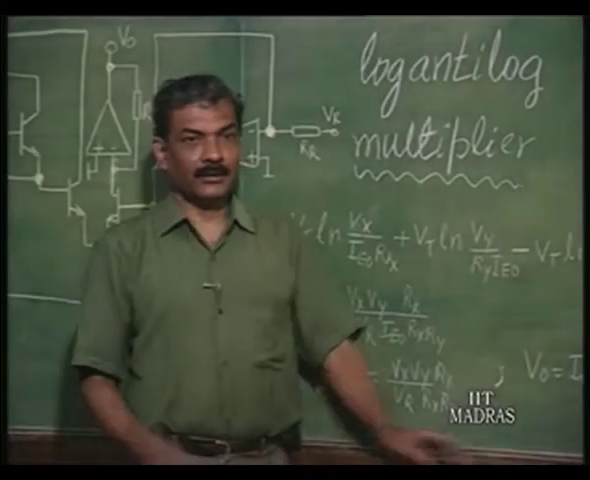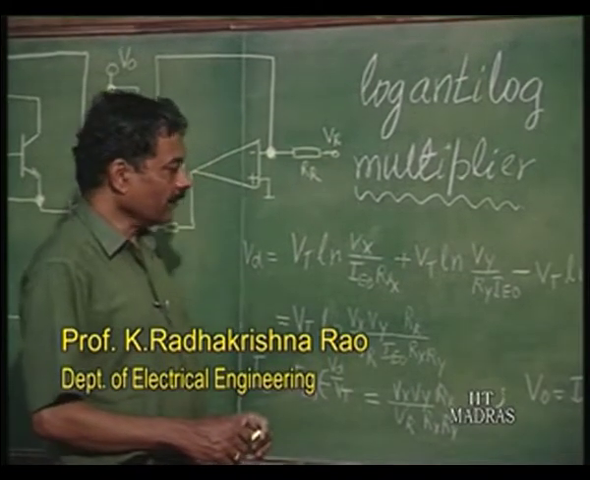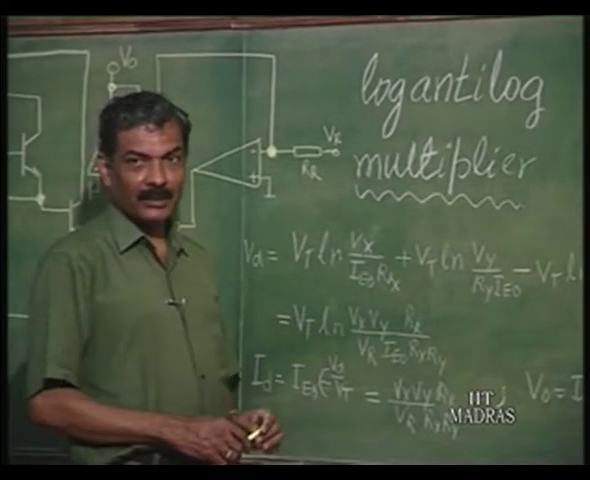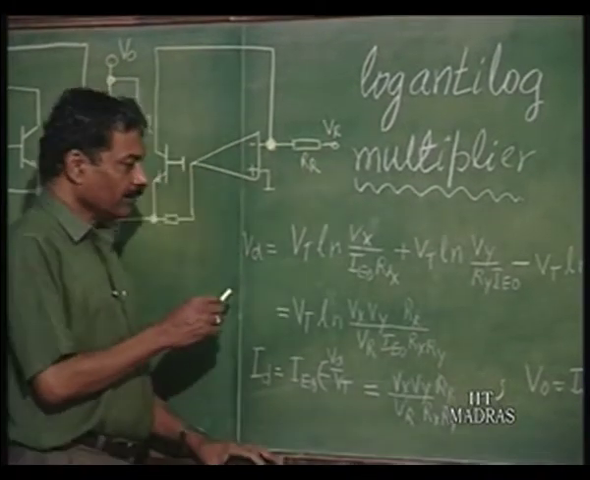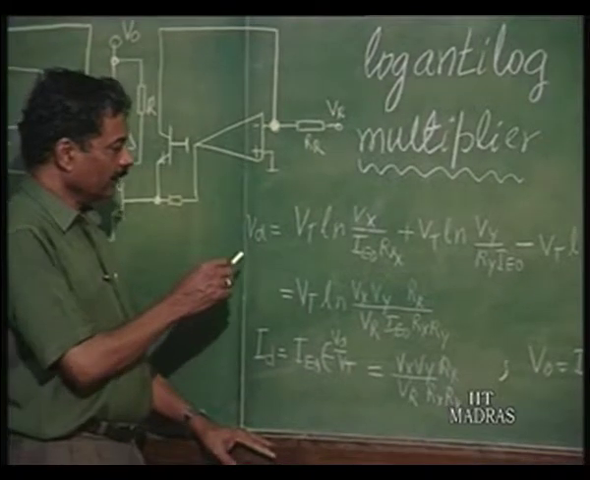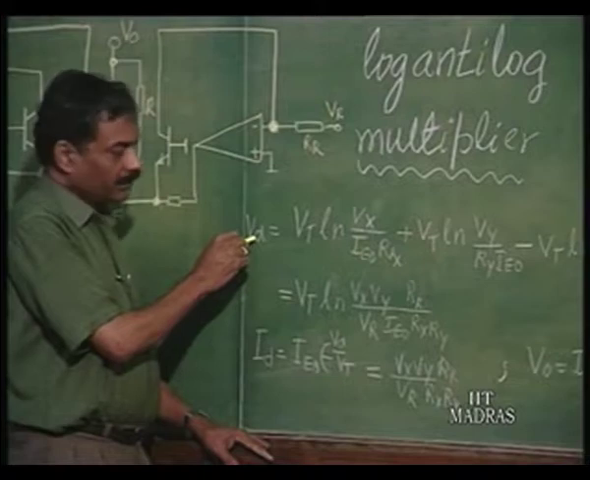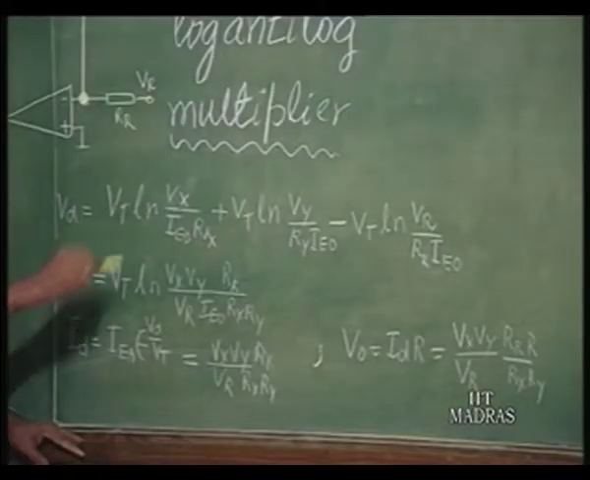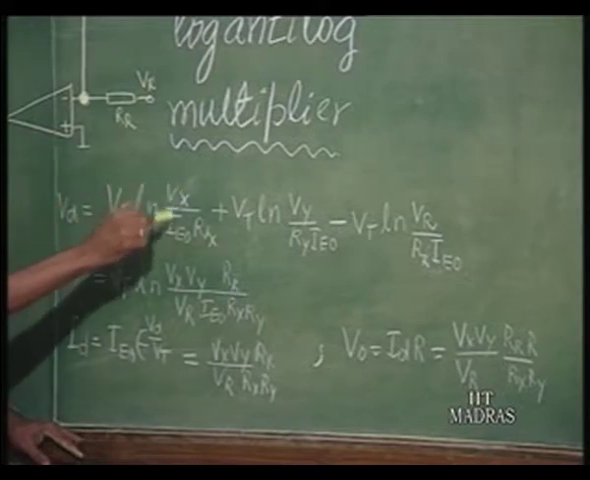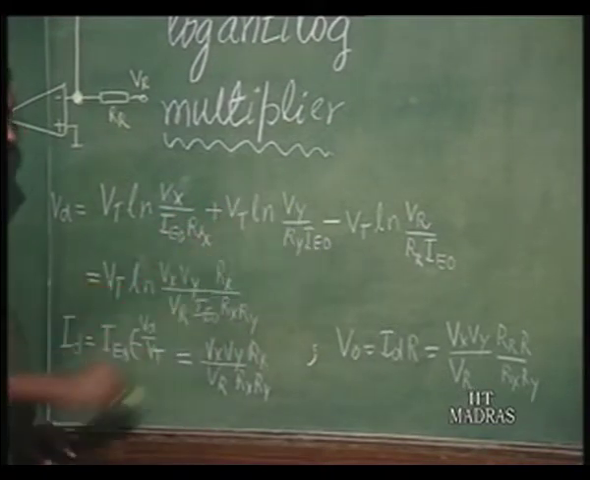The last class we discussed log-antilog amplifiers. Let us now consider how a multiplier can be built using log-antilog operation. This I had illustrated in the end of the last class. Suppose we develop a voltage which is summation of log of voltages, Vt log Vx by IE naught Rx, this is one log amplifier voltage, plus Vt log Vy by Ry IE naught